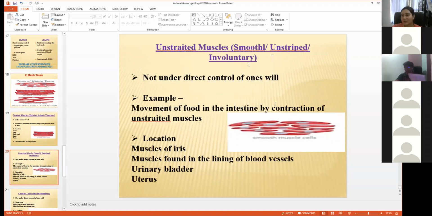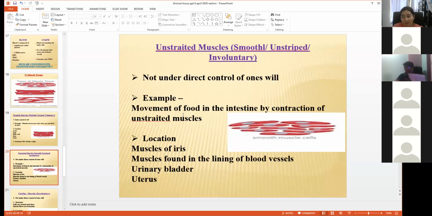Because it is not under our control. Take the muscles of the intestine. You eat something, and the food is getting digested. There is a lot of movement inside the intestine. The undigested food is getting excreted out of your body. Do you think it is under your own will? No, because you can't order your intestine or your stomach to stop digesting, stop absorbing the nutrition. You can't do it. It is an involuntary process.